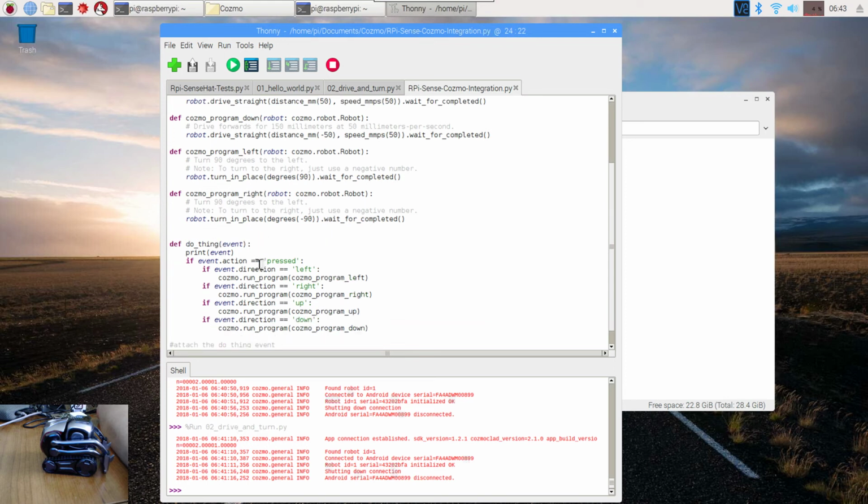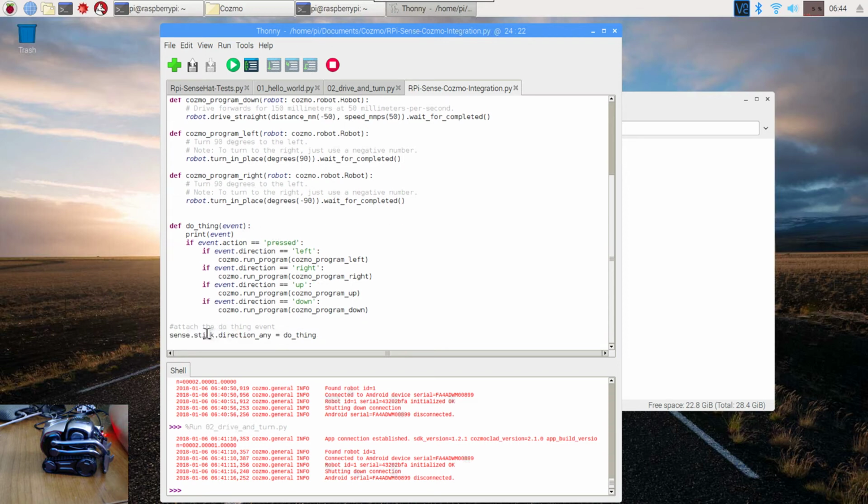Now what we need to do is trigger these events based on the SenseHat. SenseHat has a joystick that we looked at earlier, and I want to trigger all these left, right, up and down events based on the SenseHat's joystick. So what we are going to do is define a doThing method over here, which will take an event, and this is how we are going to do that. So SenseHat stick direction any equals doThing, and doThing actually will take this event,